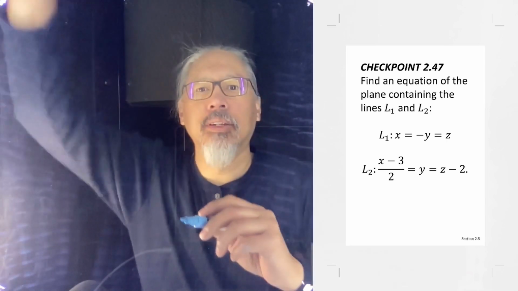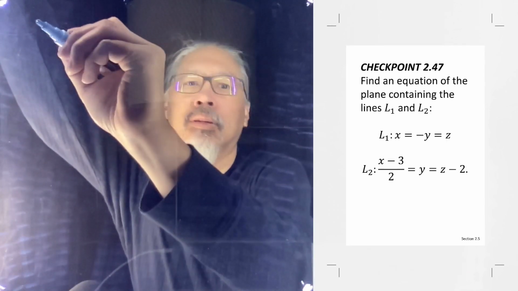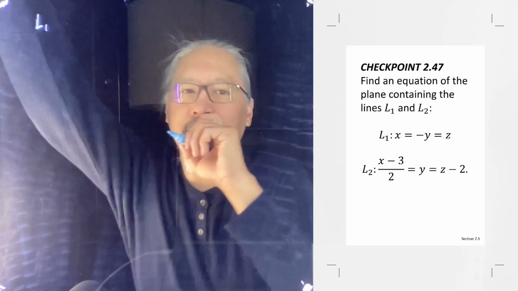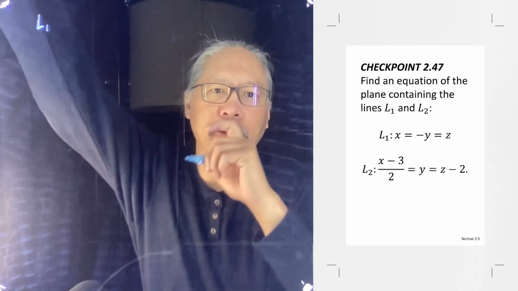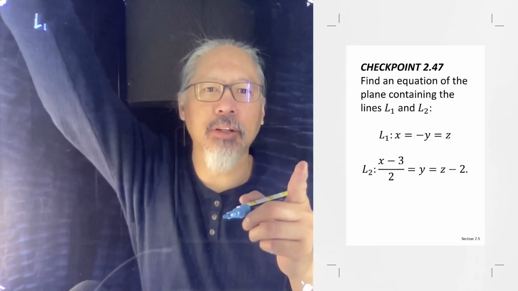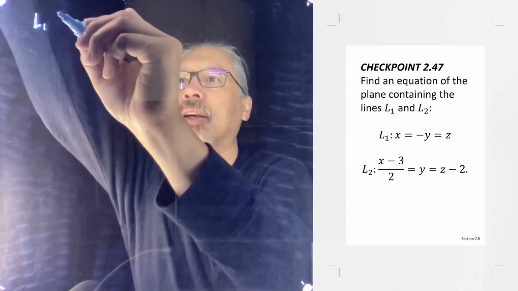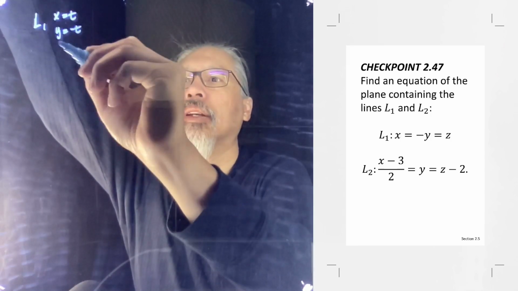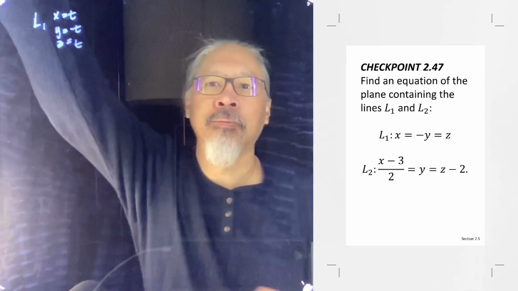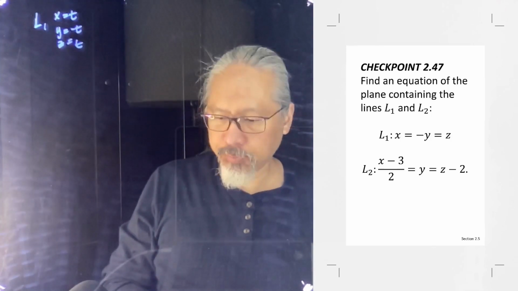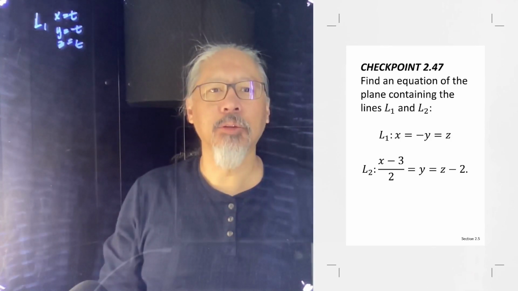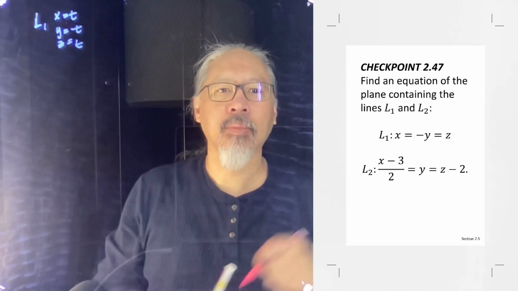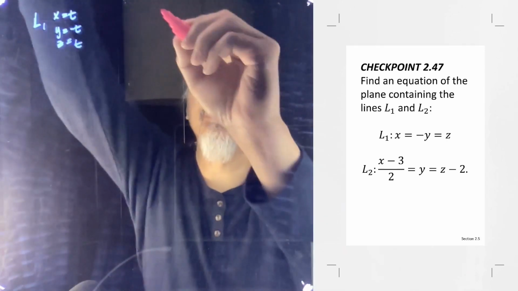So let's write those lines down first. We have L1, and let's see if we can write it in parametric form, because that's a more useful way of writing it. If we imagine that those are all equal to t, then we have x is equal to t, y is equal to negative t, and z is equal to t. So that's L1. And then L2 would be, if the first one was equal to t,